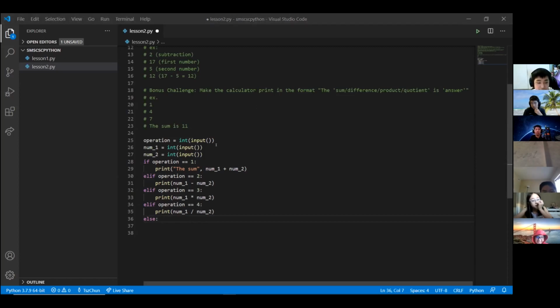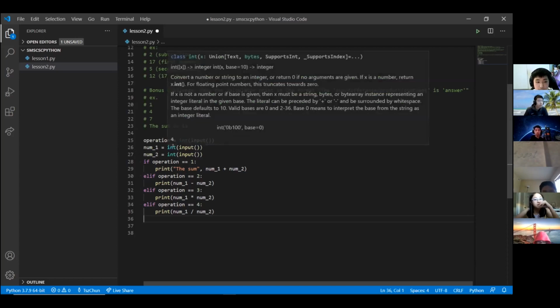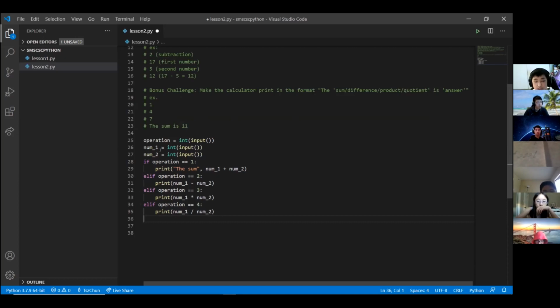Okay, so if you're still confused, I'll break down the code line by line. So operation equals input. That will take an input from the user, and this determines what operation we're doing. You put in the number 1 to 4, and it determines whether we're adding, subtracting, multiplying, or dividing. Num1 equals input. We're taking an input from the user again, and this time it's the first number that we're going to either add, subtract, multiply, or divide. And same thing for num2, that's just the second number.